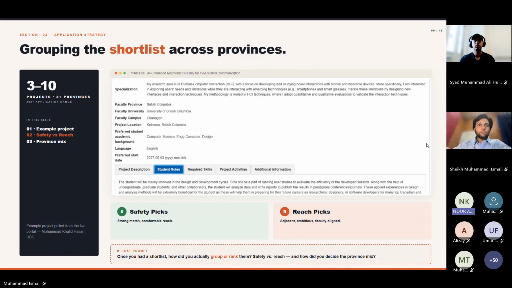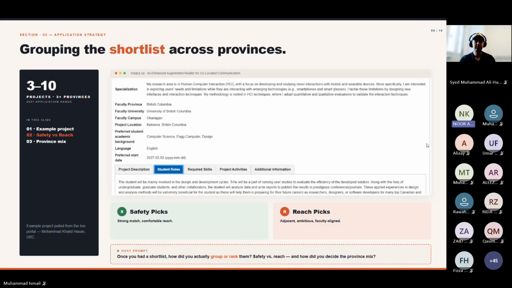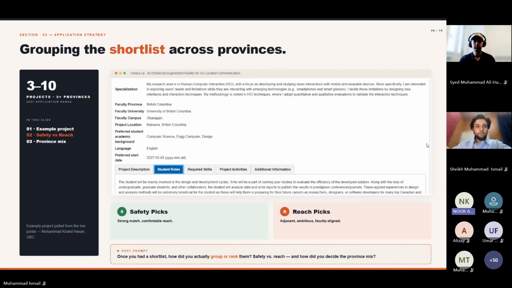And then I cross-referenced with my profile a lot. I color coded. I saw which ones are completely aligning with my profile. I colored them green. I had them as my safeties. Then I had some which I was interested in, but my profile didn't completely align with them. So I had them as yellow, and then red as the ones which I don't have any similarity with at all. After that, I did the ranking according to the university ranking. But before that, I did not even check the university names. What was more important was the project itself.